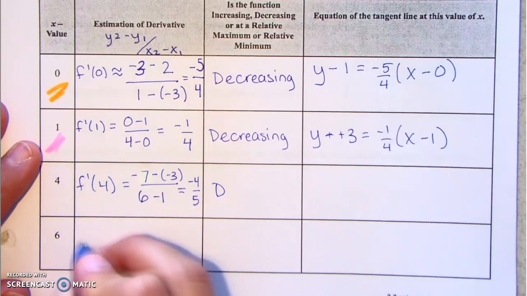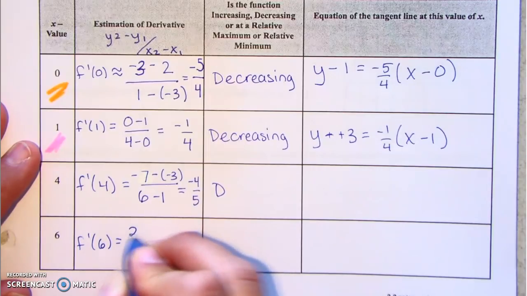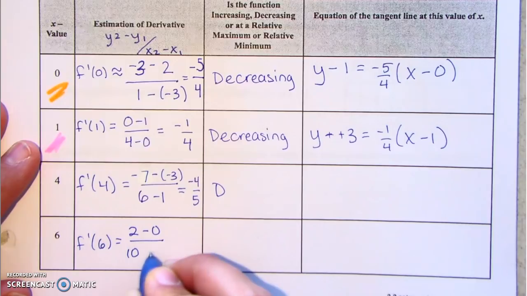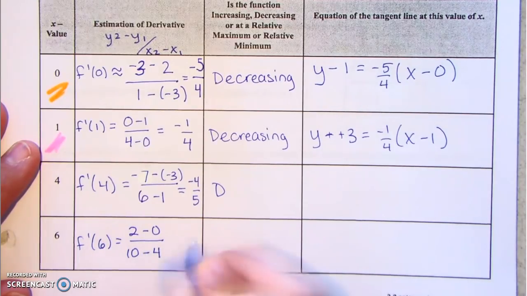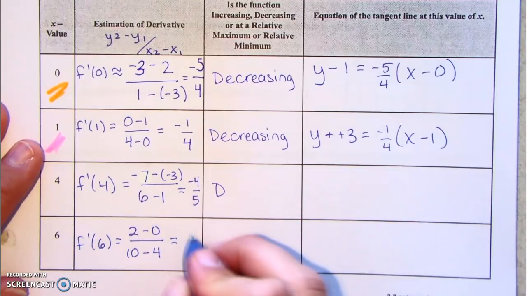And let's find the slope quickly around the 6. So the slope y2 minus y1 all over x2 minus x1. Those are the points around the 6. And we get a positive,